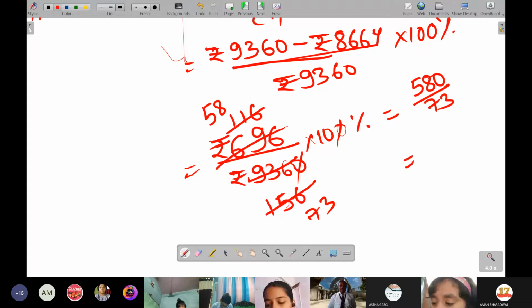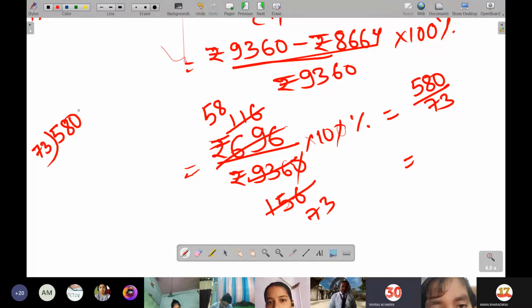And it will become how much? 7 7 is 49. Okay, this will come in point. Did I not miss? It will be 73, sir. It will be 78. Okay, sorry, 78, yes. Yes, it will become 78. Then again it will cancel, yes.